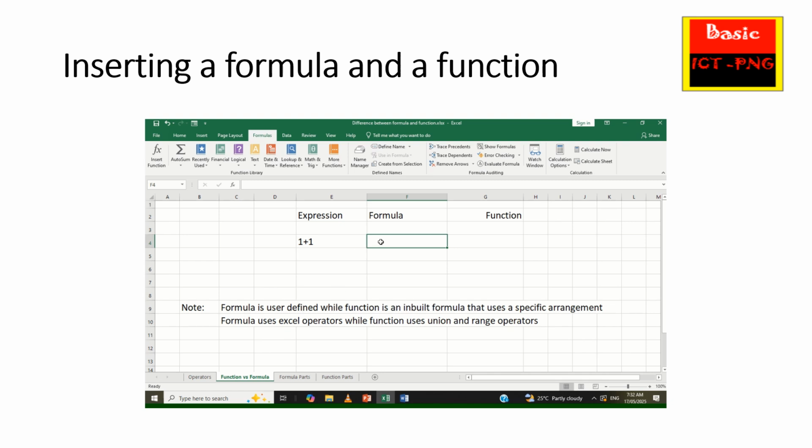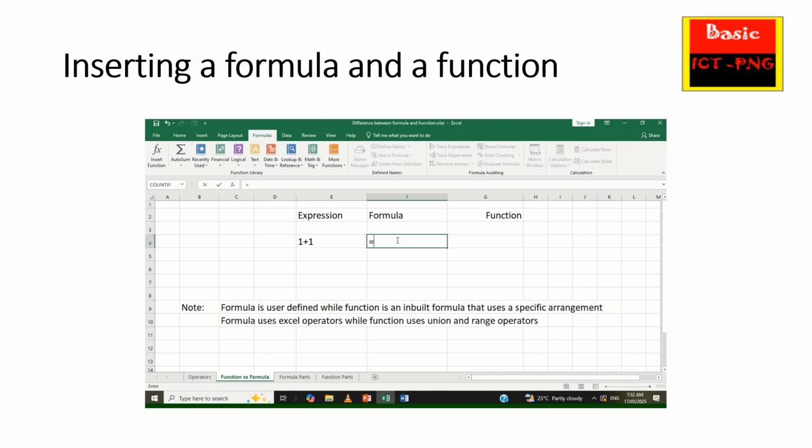A formula is a user-defined calculation, this is what we mean. For example, 1 plus 1, our answer is 2, right? So let's use a formula to do this. In this case, we'll be using formulas using values and functions using values. We're going to use this 1 plus 1 here. And in our previous videos, we saw that every function or formula must start with an